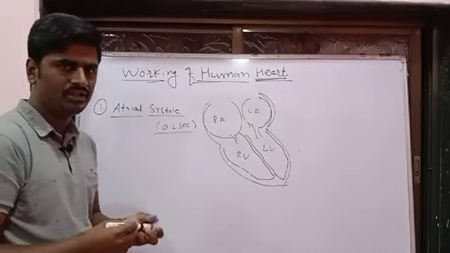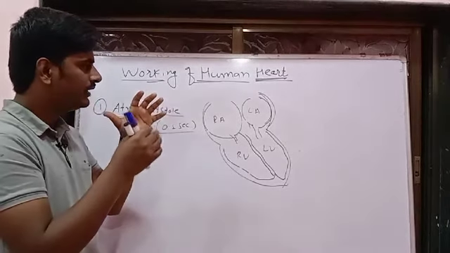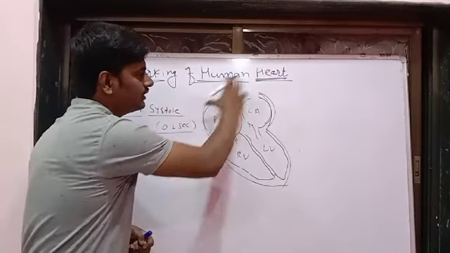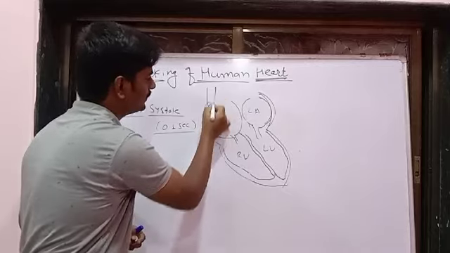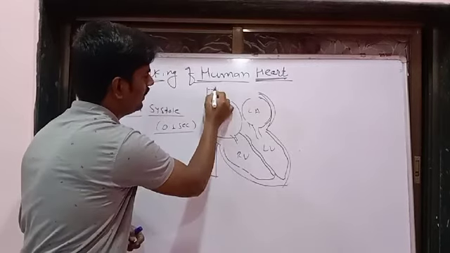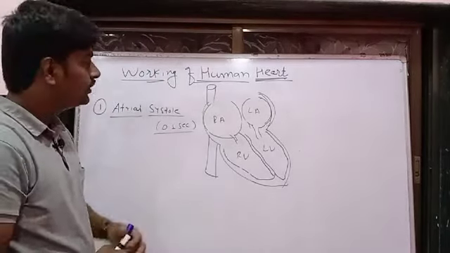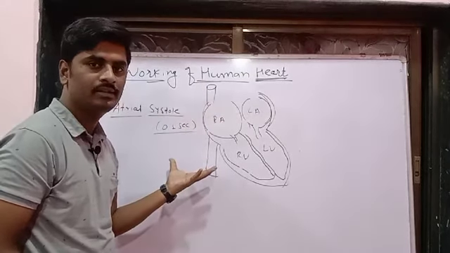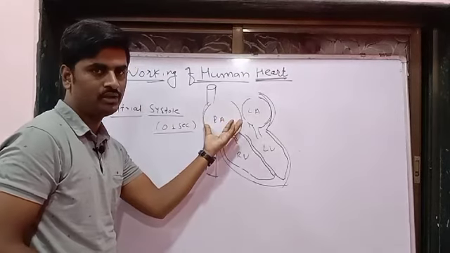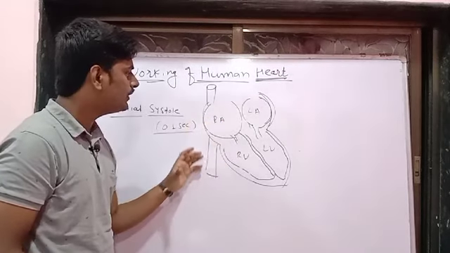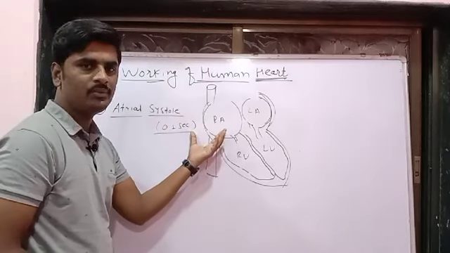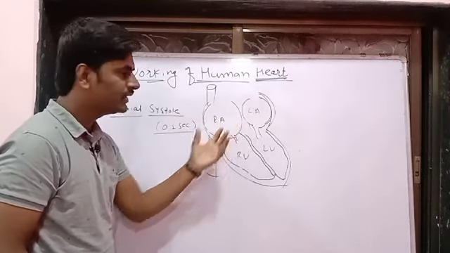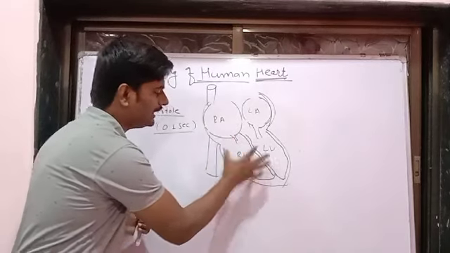And what kind of changes here? Some important changes are taking place. As we know, this is the structure of the human heart. It receives deoxygenated blood from the overall body through the superior vena cava, inferior vena cava, and coronary sinus, into which chamber? The right auricle. Whatever deoxygenated blood is received by this right auricle is transferred towards the right ventricle.